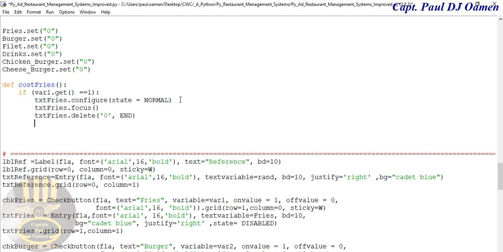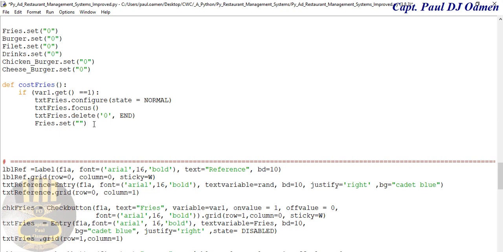And fries is a variable, so that's what the entering widget uses. So fries dot set value equals empty. Else, or we just say else if this one is 0,